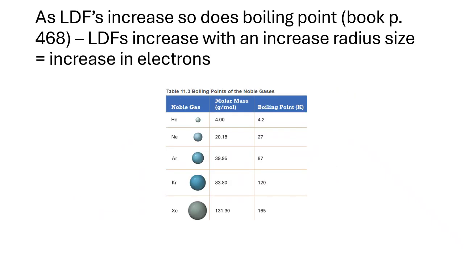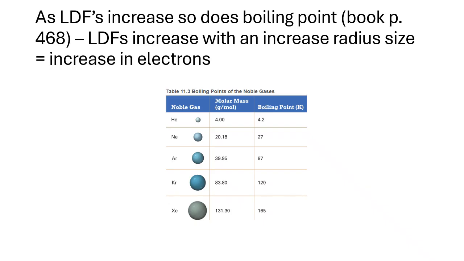So we said as dispersion forces increase, so does boiling point or melting point. Saw that in the lab. And then I guess you see this graph now, and so we see that again. And that's just because there's more protons and more electrons, especially electrons, that then can be attracted to the protons of another,